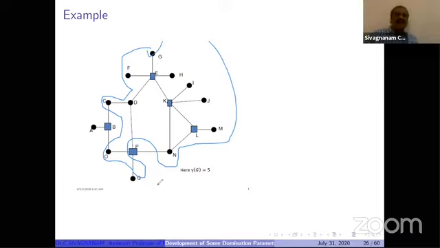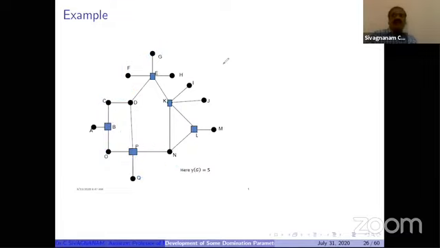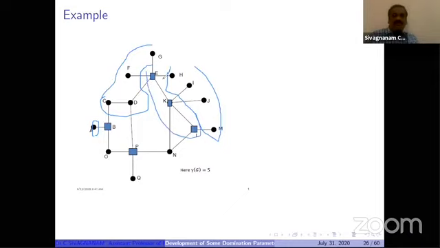So in this graph, A is available in NS. How to see? Yes, it is adjacent with B, and C and D are available. These are available in NS, and the blue color vertices are also available in NS. So what are the vertices not available in NS? O is available in NS.